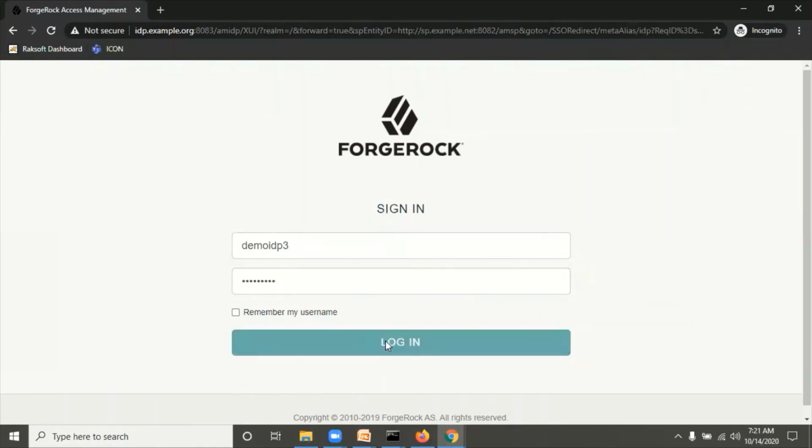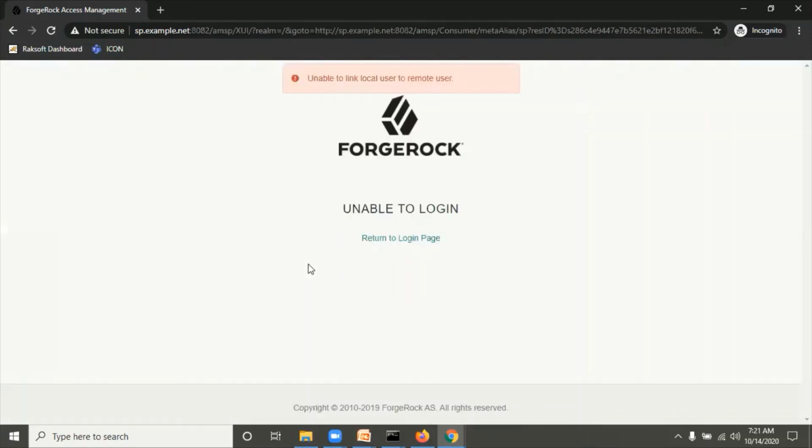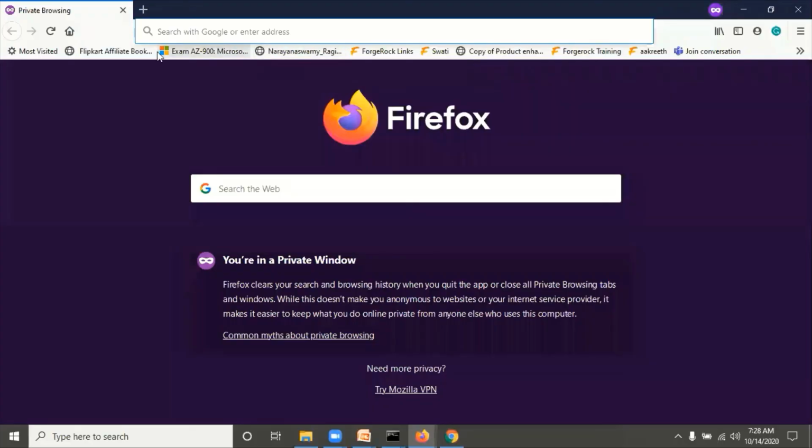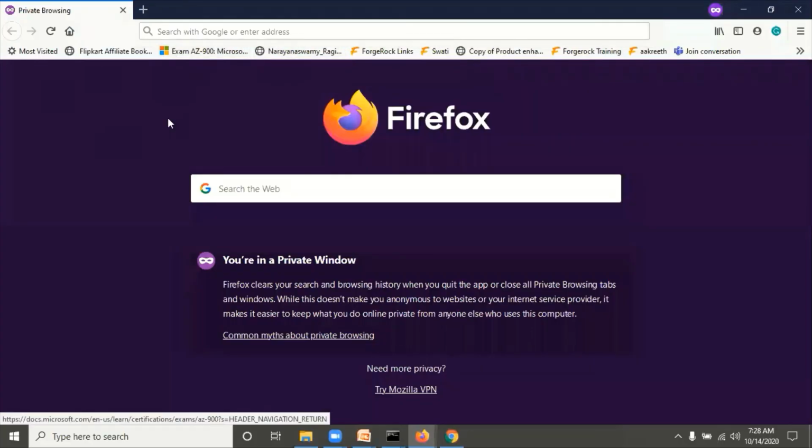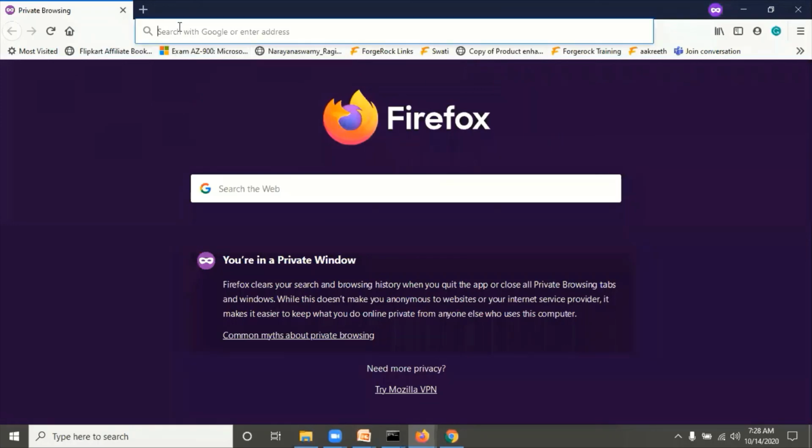Click on login. Unable to link local user to remote user. Okay, we'll check that configuration again. We will try to log in again the same way.